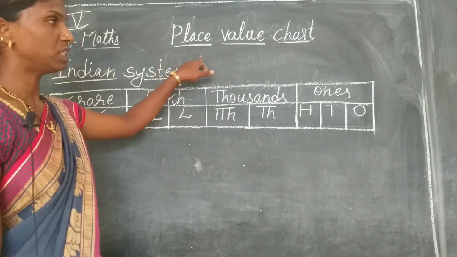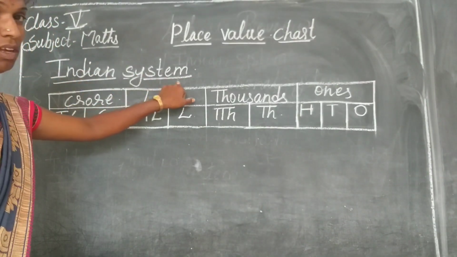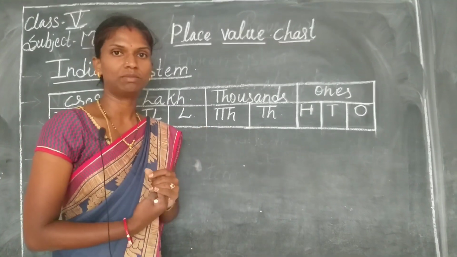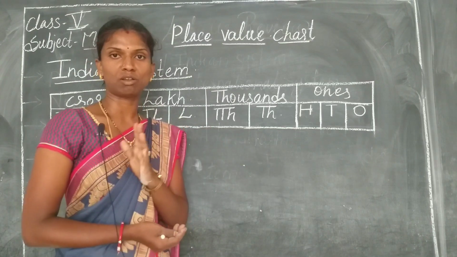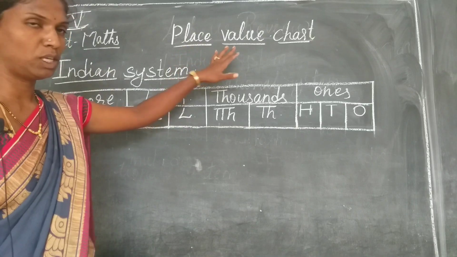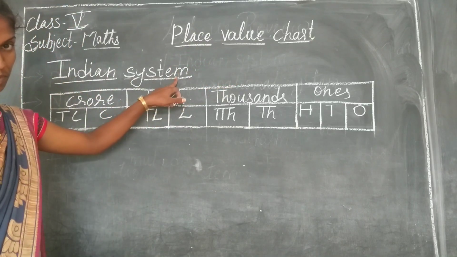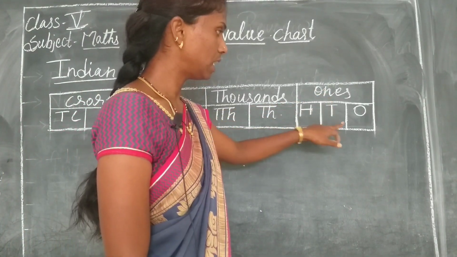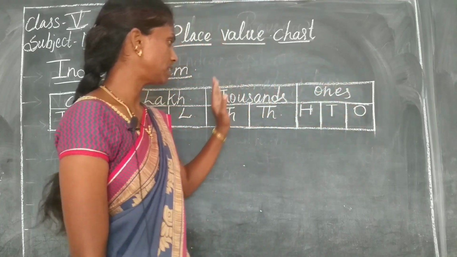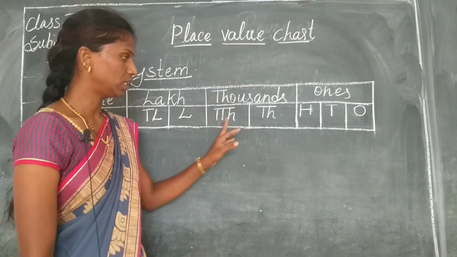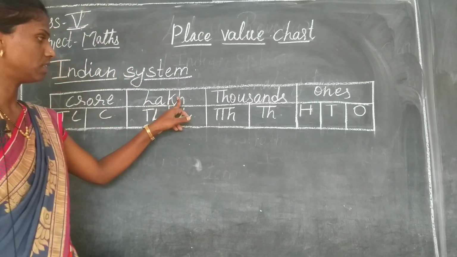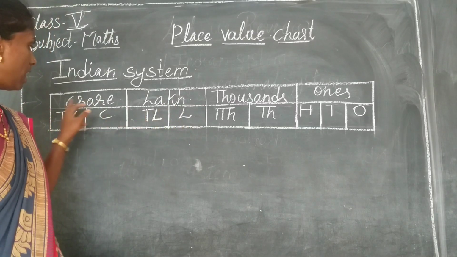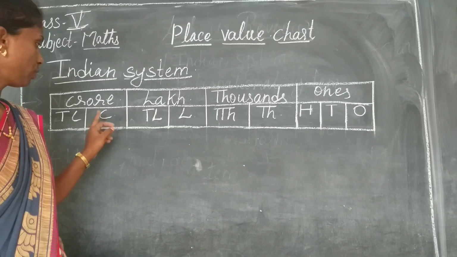Okay, so the place value chart, Indian system. This is a new topic. In the previous class we didn't introduce the Indian system, we just introduced ones, tens, hundreds, thousands place values, you know. This is the new topic, that is the Indian system. In the Indian system, the place value chart is ones, with hundreds, tens, ones, and the next place is thousands, ten thousands, and the next place value is lakhs, ten lakhs, and the next place value is crores, ten crores.